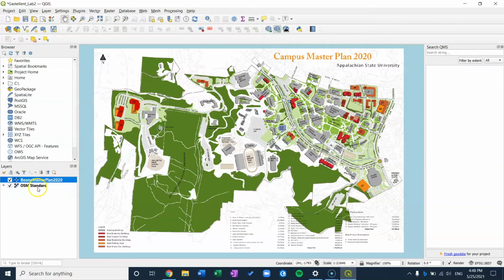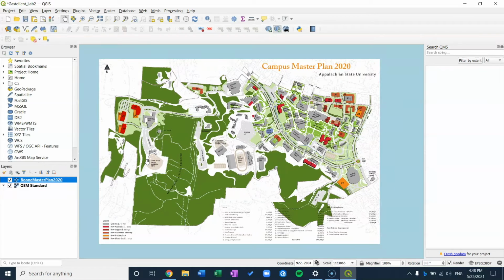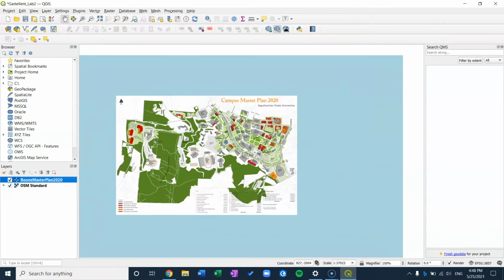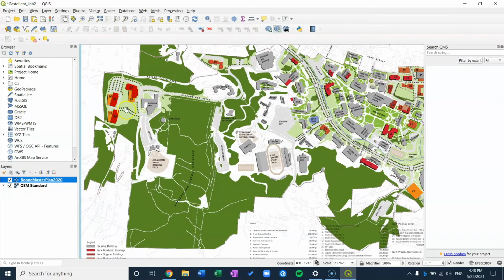And so you'll notice I added another layer down here. And when you want to zoom, you can use either your scroll wheel on a mouse or you can pinch using a laptop. And you'll notice there's also magnifying glasses up in the toolbars here that you can zoom in and out with. So we are going to zoom out